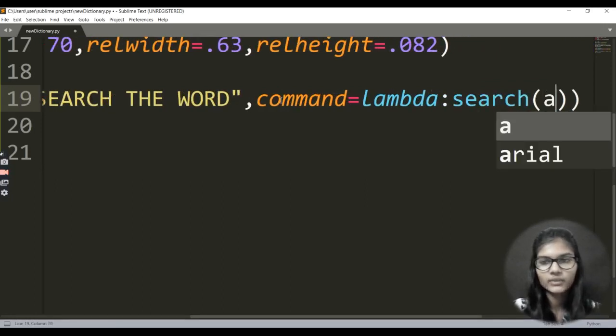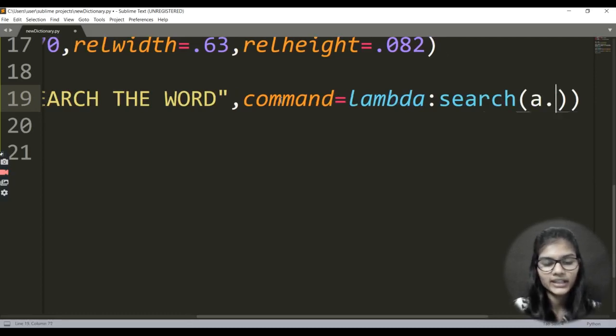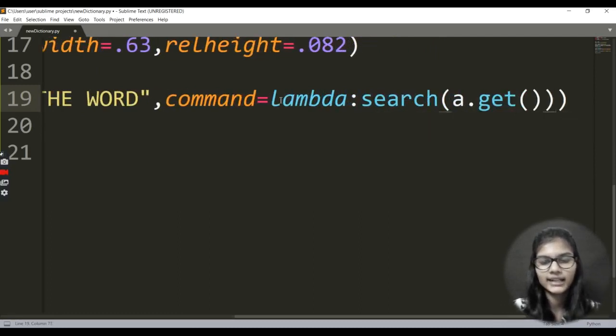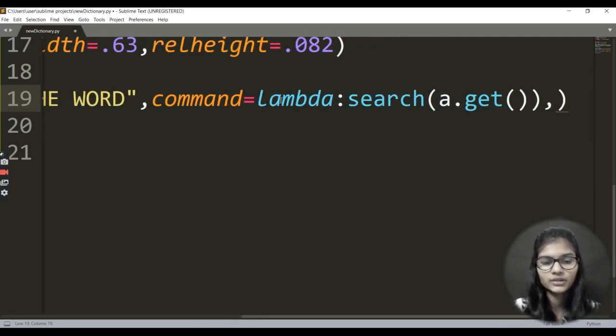And in this I'll be writing out the variable in which I have stored the input I'll be taking. I'll be taking the string variable input, right, and that I have stored in my variable that is a. So I'll be writing that here: a dot, and I'll be using one function that is get, right? This is basically how we'll be adding the command into this.